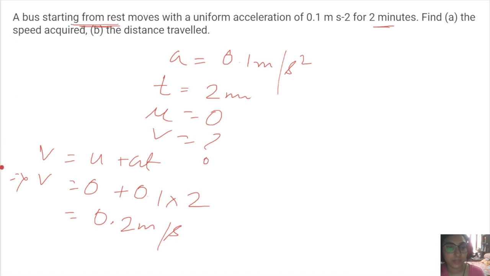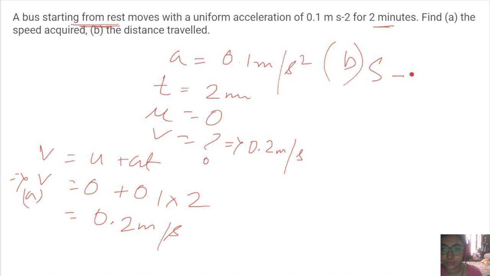This is the speed acquired, A. Now we come to B. So now we have also found out, right? So how will we find out the distance traveled? We can find out by